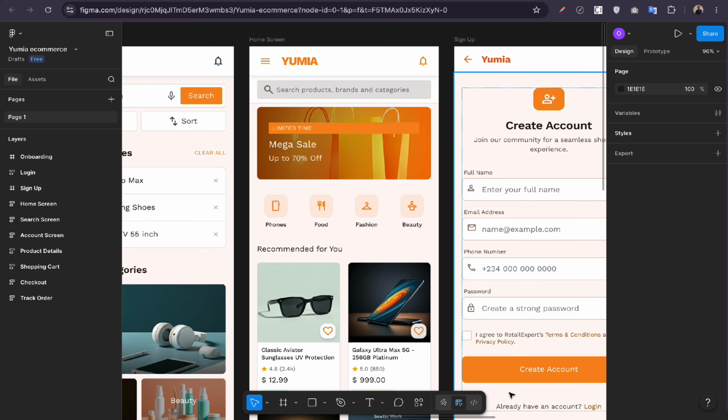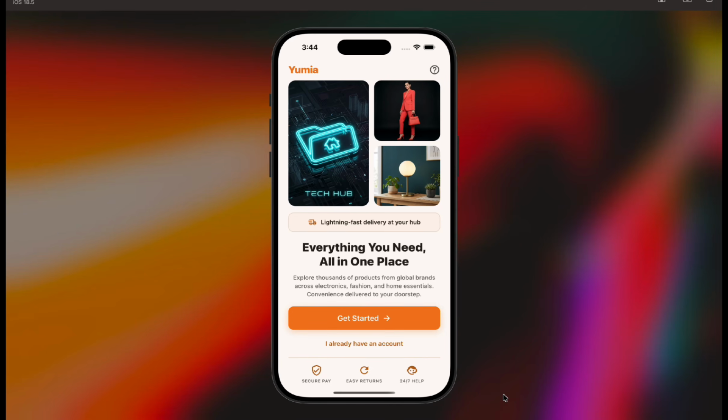In this video I am really excited because this is a build that we've been anticipating for some time. We're going to be building an e-commerce mobile app where users can shop just like Amazon or AliExpress, and we'll be building every single process of a complete e-commerce app, both the customer app and the